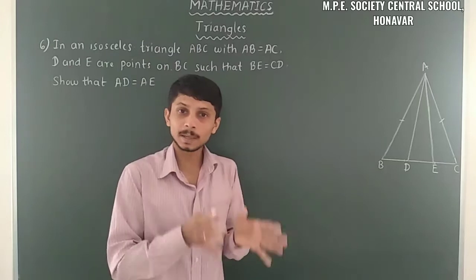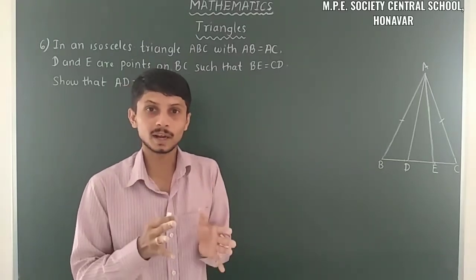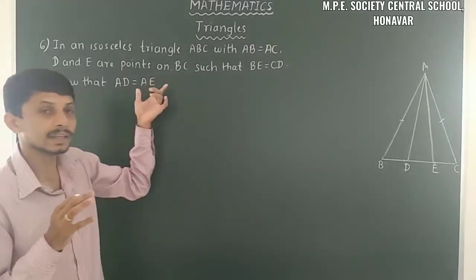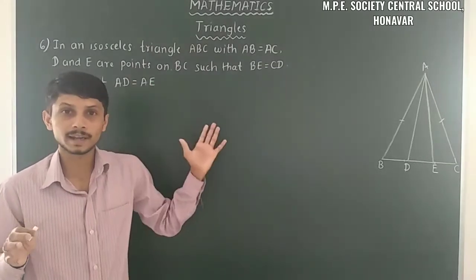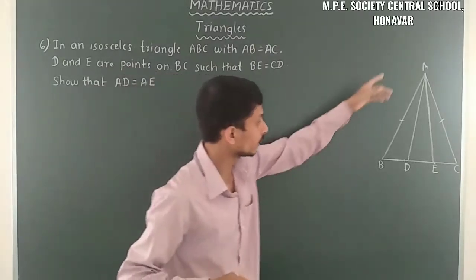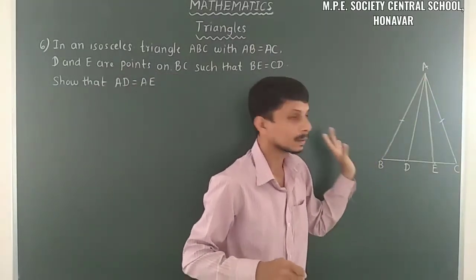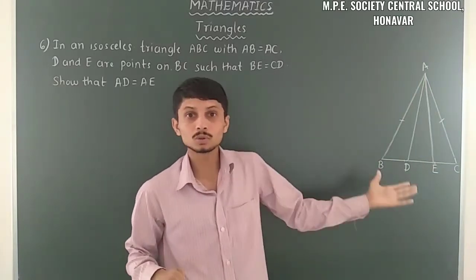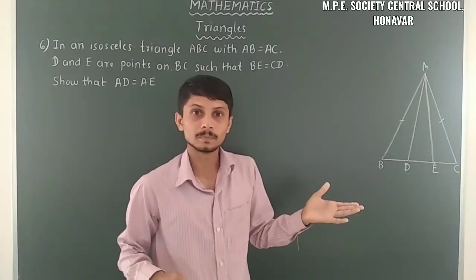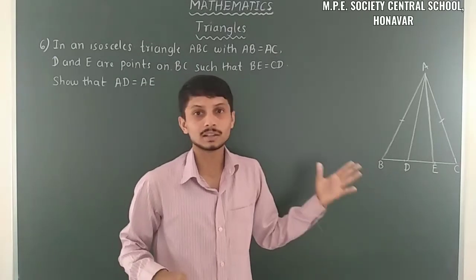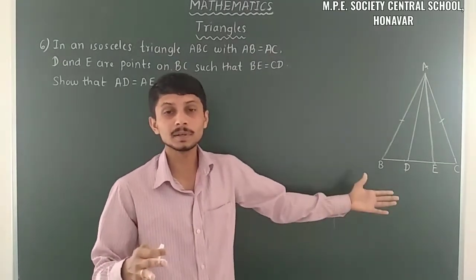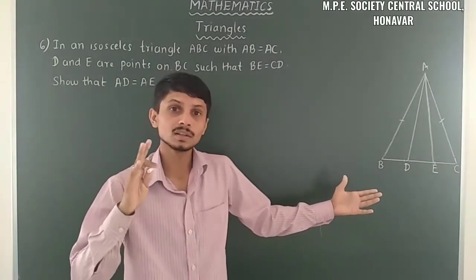So simultaneously we have to follow the same procedure. Firstly, we have to find those two triangles in which AD and AE are parts. So what are those triangles we can take? There are some possibilities. We can take ADC and AEB, in which those two are parts, and also ADB and AEC, those two are parts here. Both of those possibilities are correct.